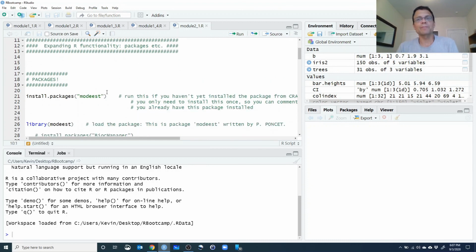So as an example of the use of an R package, and there are thousands, there are tens of thousands of R packages out there that do any number of data visualization or statistics or modeling tasks. There are packages developed from almost any discipline you can think of that deals with data and performs almost any kind of task that you can think of with data. So it's just incredibly powerful. It's worth kind of taking some time just going through randomly through the CRAN repository and just getting a sense of how incredible